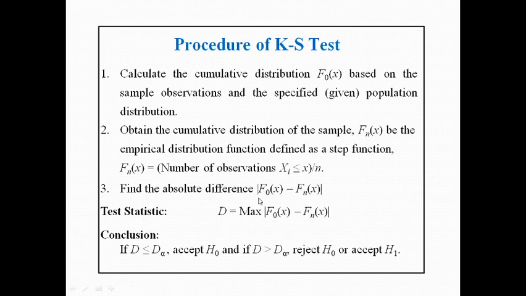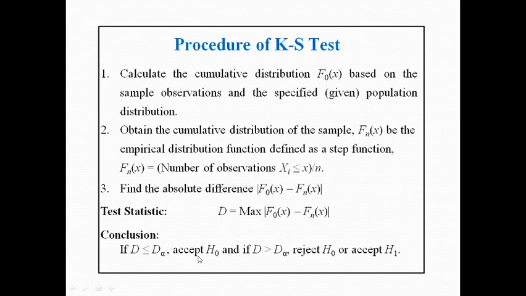So we take the absolute difference, and the maximum value of this absolute difference is your test statistic, generally denoted by D. If the calculated value of the test statistic D is less than or equal to the table value, that is D alpha, which is also known as the critical value,